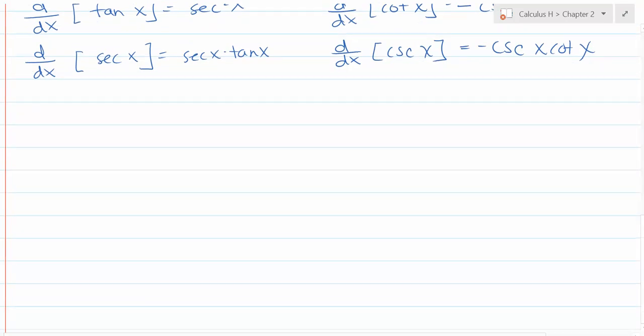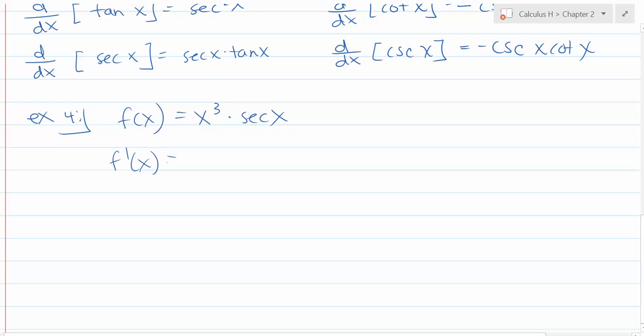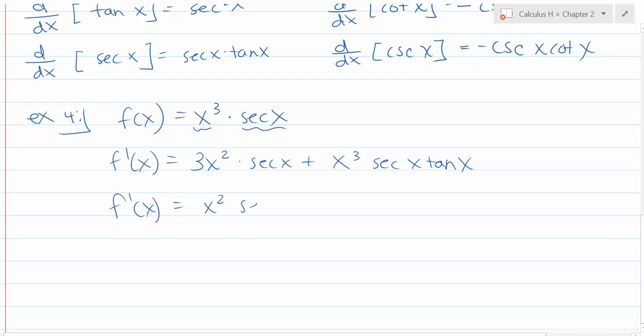Okay, so the same rules apply if you combine it together. So for example, if I gave you f of x equals x cubed times secant x, for your derivative, you'd be using the product rule. Derivative of the first function is 3x squared times secant x, and then the derivative of secant x is secant x tan x. If you want to factor out a greatest common factor, you can see that they have an x in common, or x squared in common, and a secant x. So I'll be left with 3